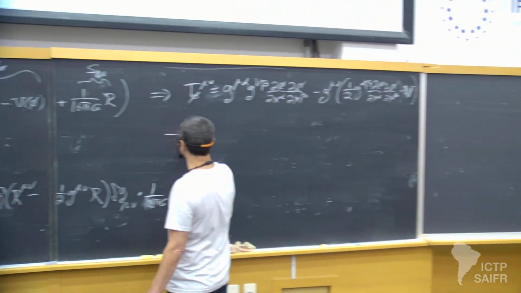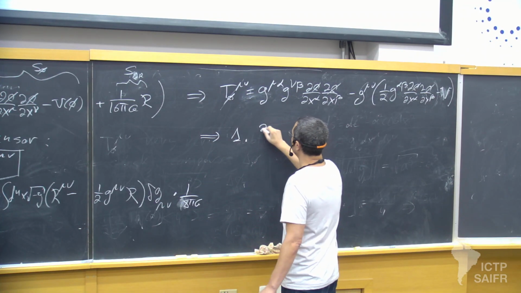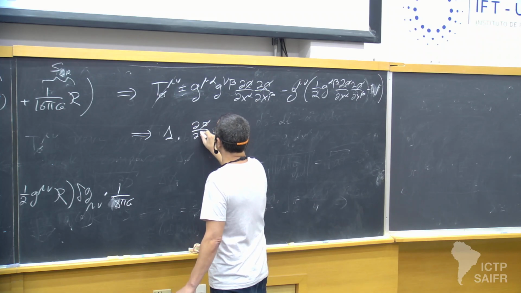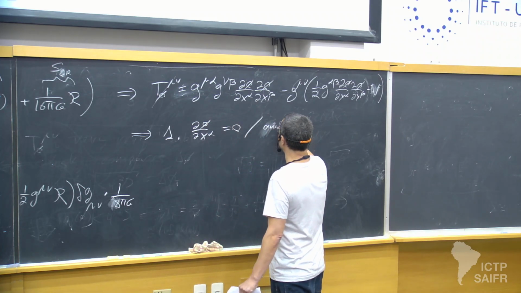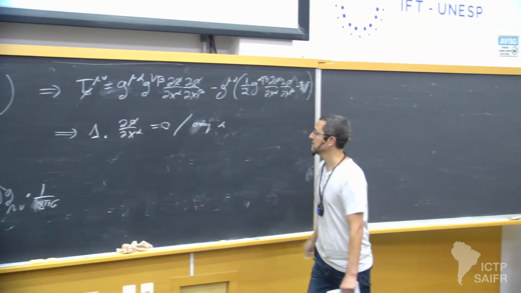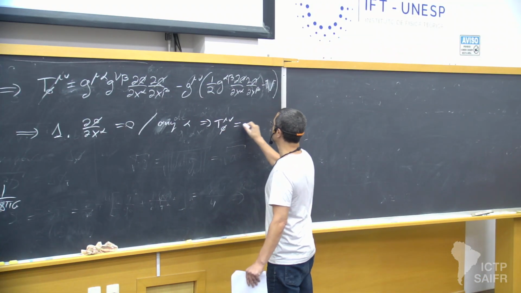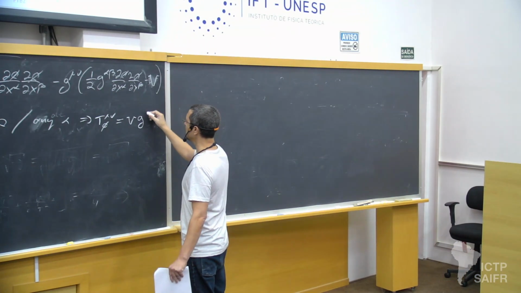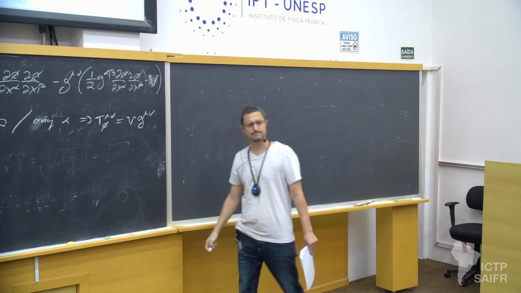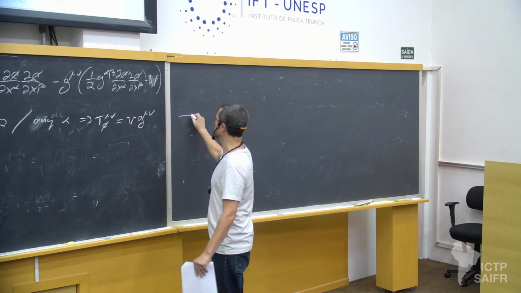So in the flat space limit, that's my last comment today. I'll make 2 comments today. First, when d phi by dx alpha is 0 for any space-time direction, then T phi mu nu is just V, of wherever it is you're stuck, times g mu nu, which is precisely what the cosmological constant does. So in the flat limit,